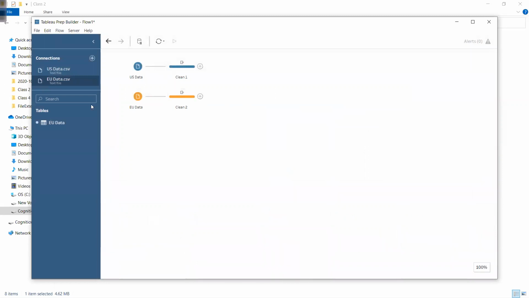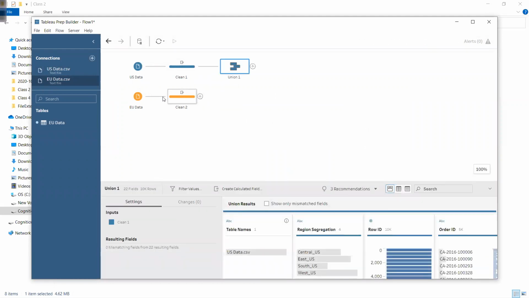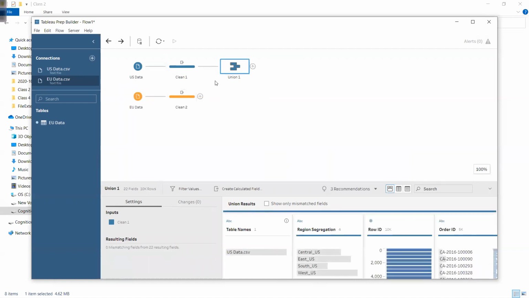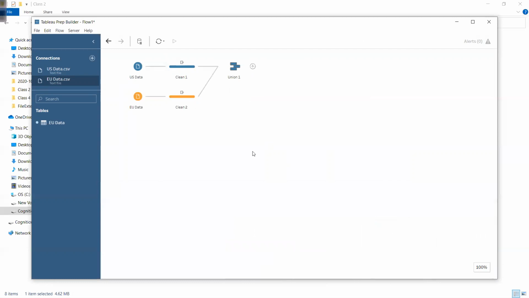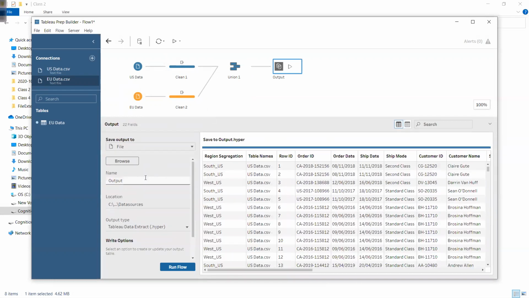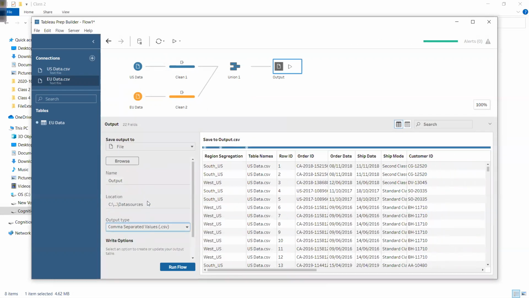Now we will do union. So I click on this plus. There is a union option. Add union like this. Just drag and union is done. And now let's go ahead and add the output. Again, let's save it as a CSV file.